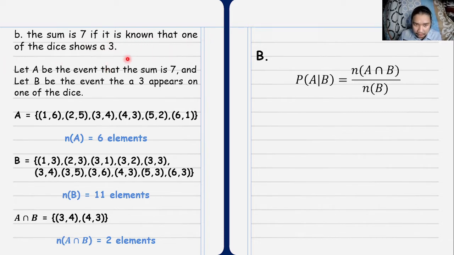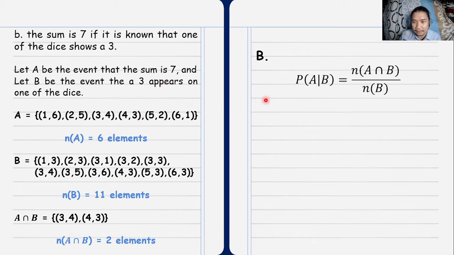In letter B, the sum is 7 if it is known that one of the dice shows a 3. So ito naman yung ating given, yung a dice shows a 3. So ganun pa rin yung representation natin. Let A be the event that the sum is 7, and B the event that a 3 appears on one